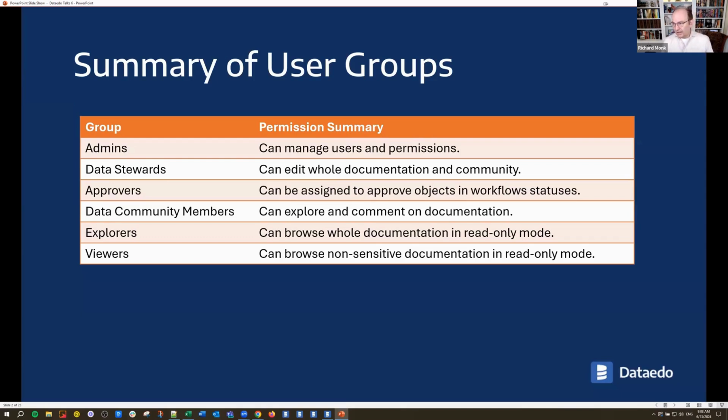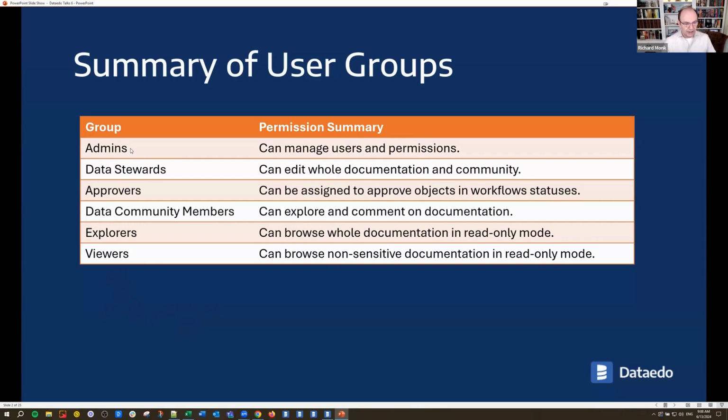Just as a foundation, we're going to start here with a definition of the basic user groups you should have in your Dataedo portal. These align with the roles that are out of the box with Dataedo.